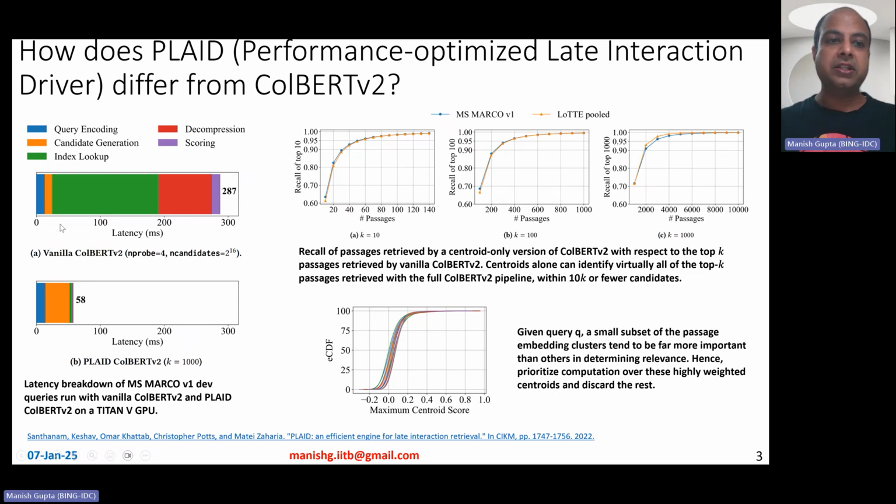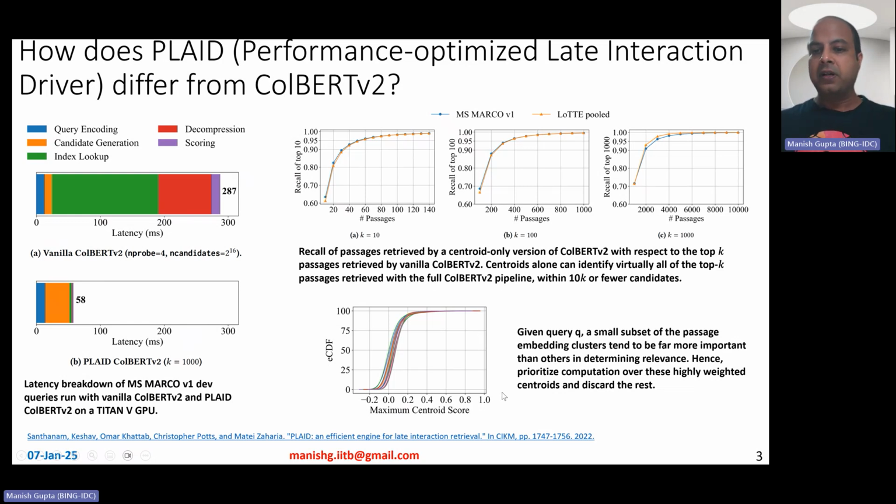Okay, so therefore the candidate generation phase, as you can see, is a little longer. It generates much more candidates, 10x the number of candidates that ColBERT V2 would have generated. However, the remaining phases, the index lookup and the decompression, make up for it. And overall, therefore, the amount of time that PLAID takes is much lower than ColBERT V2. Okay. So that's one optimization. The other optimization is that